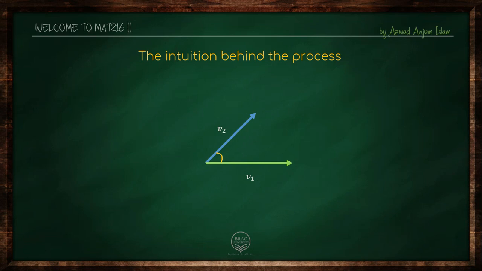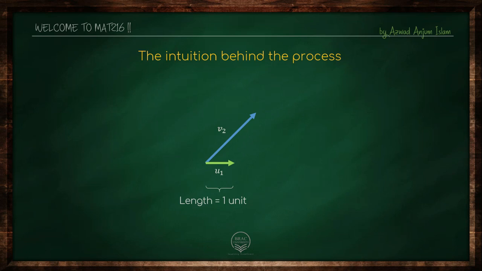So how do we do that? We divide the vector by its own length. If we do that, our V1 is going to be transformed into U1, the first vector of the orthonormal basis. We are just making the length 1, right? The angle is the same. We did not change anything else. We just divided the length so that the new length is 1. All right, so we are done with the first vector.